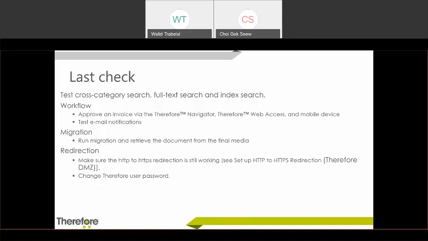And the last is the redirection. Make sure the HTTP to HTTPS redirection is still working, so you can set up HTTP to HTTPS redirection on the DMZ, and change the Therefore user password to see if everything works perfectly when you do a change like this. And that's it. If all the checklists are okay and are checked,